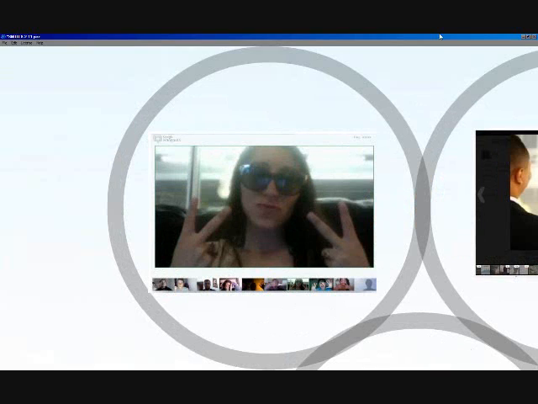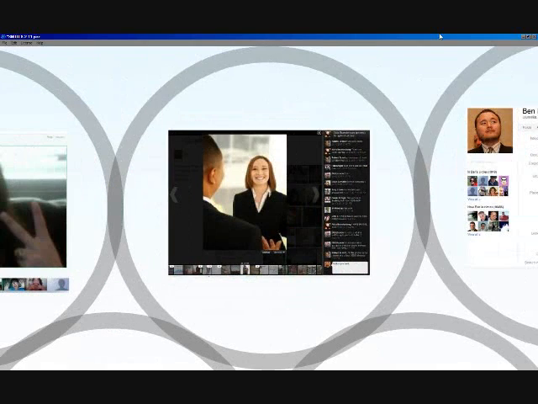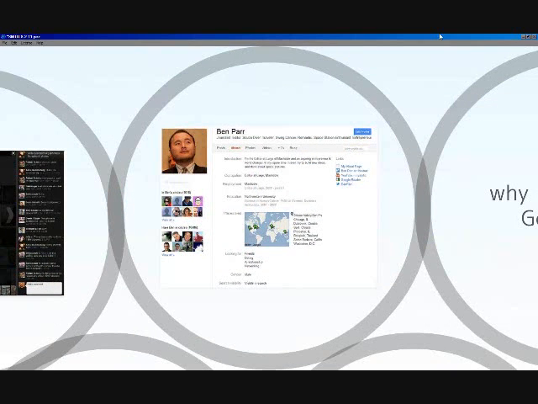There's also a unique video feature called Hangouts, which enables you to video chat with up to 10 different people at one time. You'll notice all these people across the bottom are all involved in this one video chat. And you can upload your photos and share them with your friends. You can use photo tagging, very similar to what you do in Facebook. There's also a very simple built-in browser-based editor. And then your profile information looks just like the profile information from many of the other networks. It includes your basic information, your interests, occupation, photos, that type of thing.